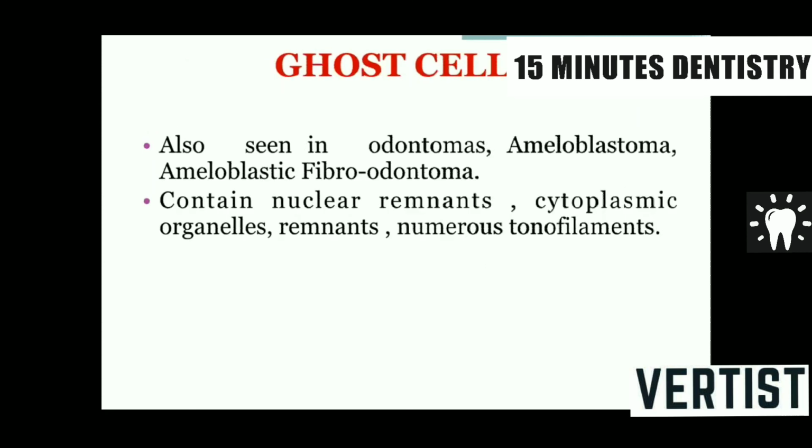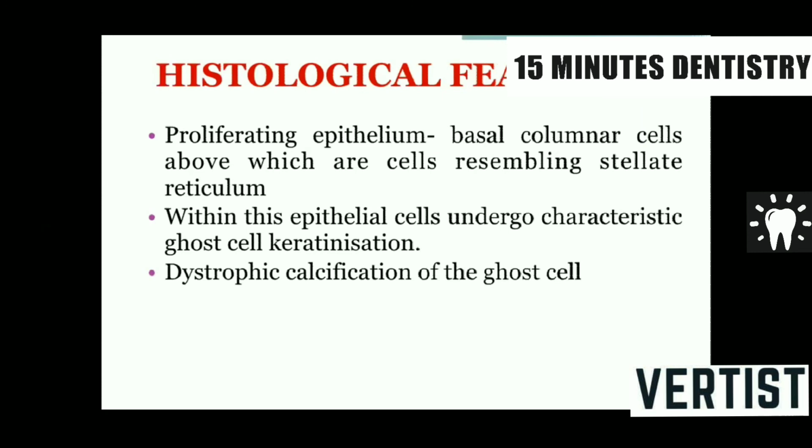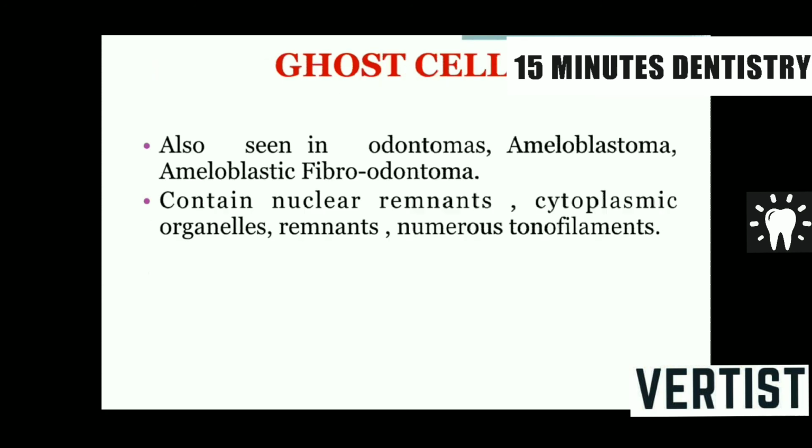Histologically, as I said, these ghost cells are there. There is the epithelium, with basal cells looking like ameloblasts and the surface cells looking like stellate reticulum. And in these stellate reticulum cells, some of the cells start undergoing degeneration. The cell outline is very faint. The cell is larger. The nuclear outline is very faint, and there is aberrant keratinization of these cells. And because the nucleus is not visible and the cells are light pink in color, they are called ghost cells. Also, they are larger. And some of these ghost cells undergo dystrophic calcifications.